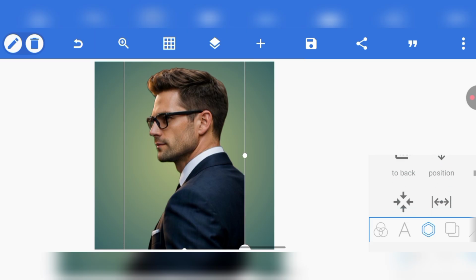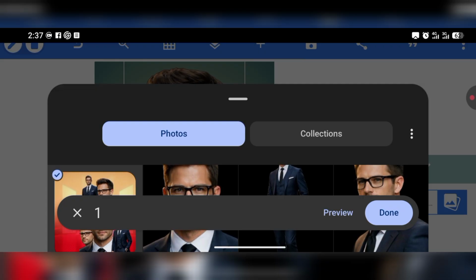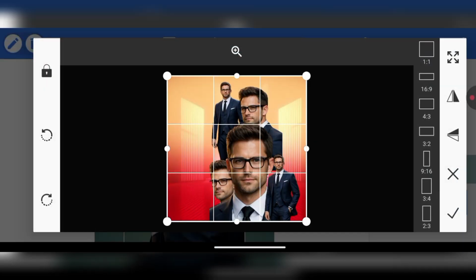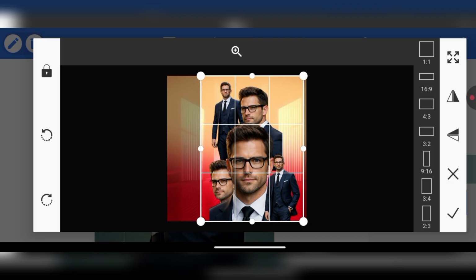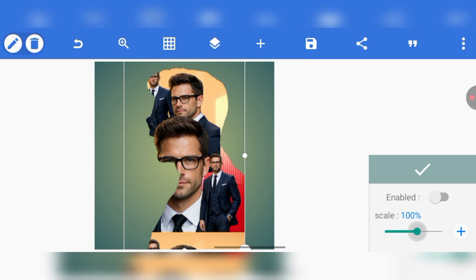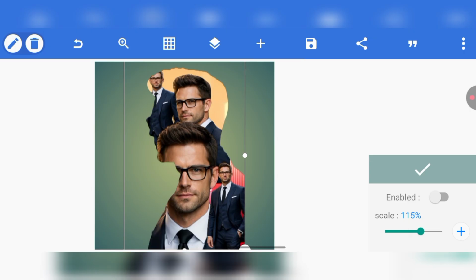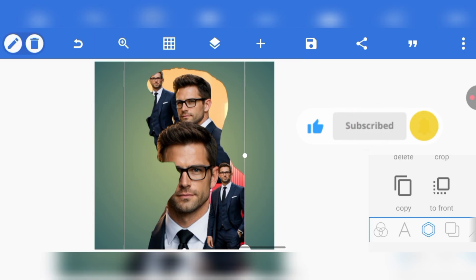So you click on import again, or texture rather. Click on texture. Once you select texture, click on this image icon and then select the image you created. Now this is a square format. You need to reduce it to the portion where the image is, something close to this place. So now once you adjust the frame of your picture, you activate it, and then you go to texture again and then go to scale and increase it to 100. So this is how to have your image in image manipulation. So if your image is not showing very well, you can still adjust